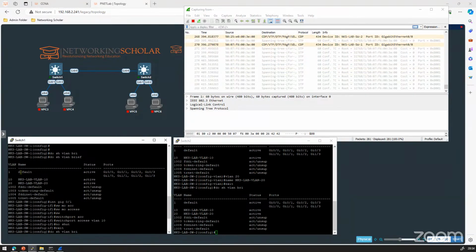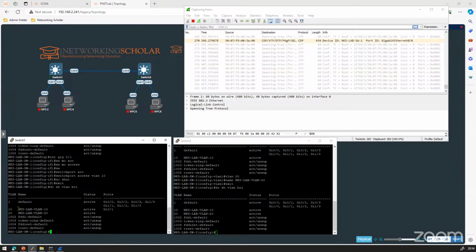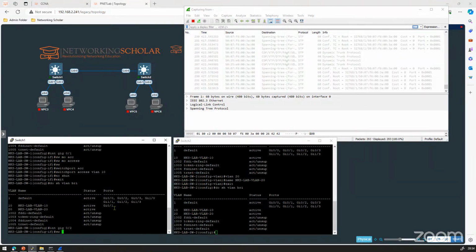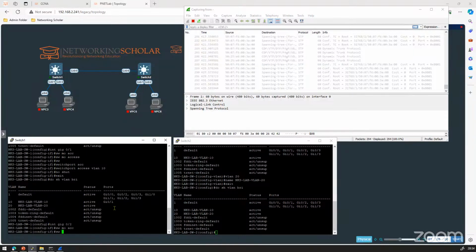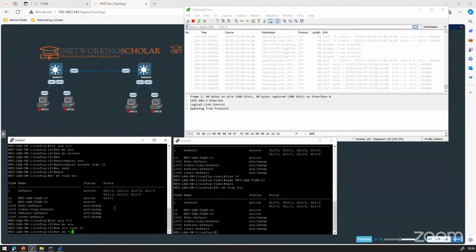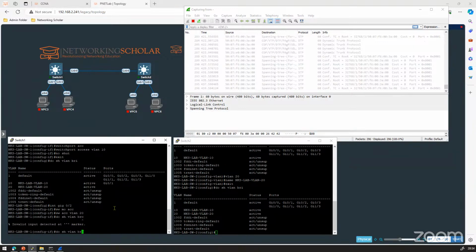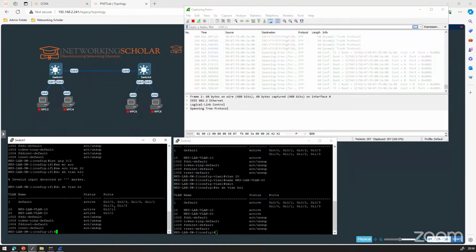Both are members of the default VLAN. And now you can see interface gig 0/1 is a member of VLAN 10. Similarly, we are assigning interface 0/2 with switchport access VLAN 20. Do show VLAN brief. Okay, now you can see interface gig 0/1 is a member of VLAN 10 and 0/2 is a